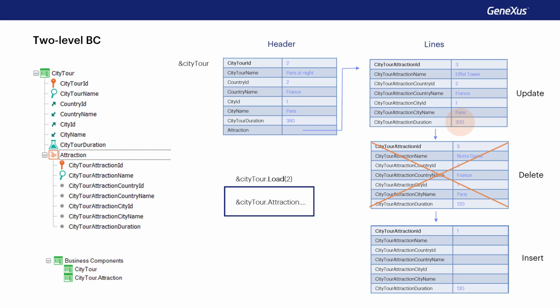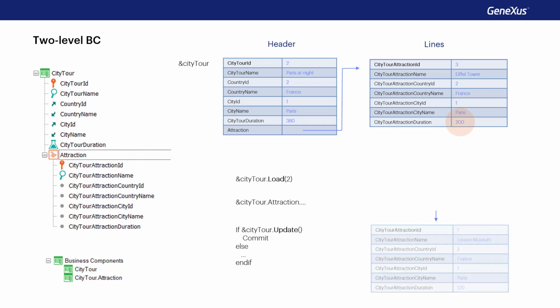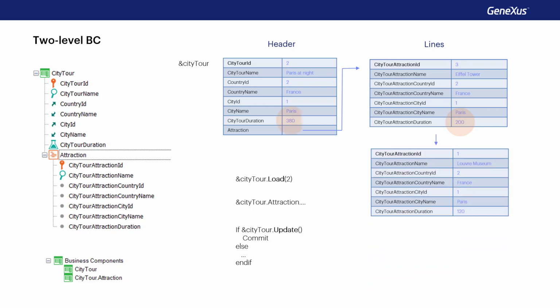After performing the 3 operations on the lines, the update method is invoked, which is the one that effectively impacts what has been done to the variable in the database, executing the transaction rules, as well as the referential integrity controls. If successful, the variable is loaded with the current values, including the case of inferred attributes and formulas. And it's left, of course, in update mode.